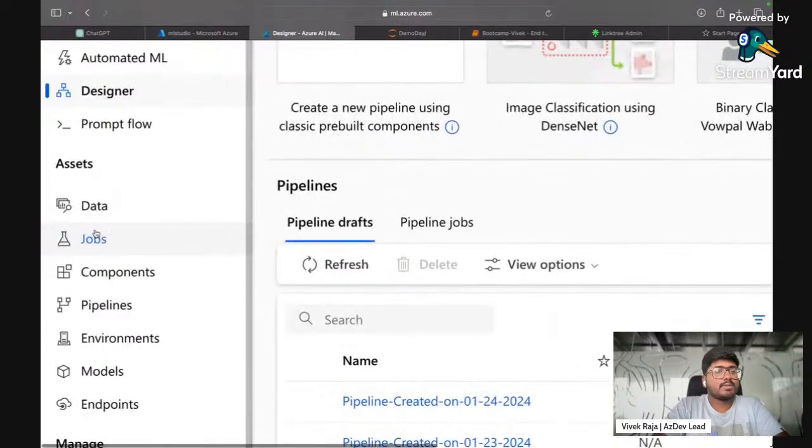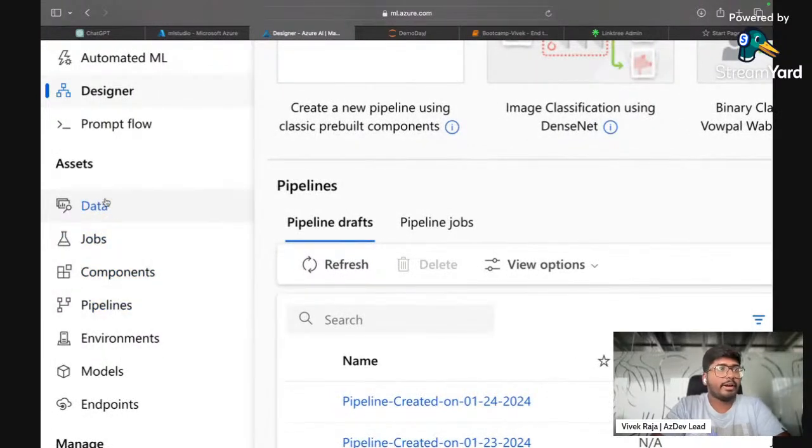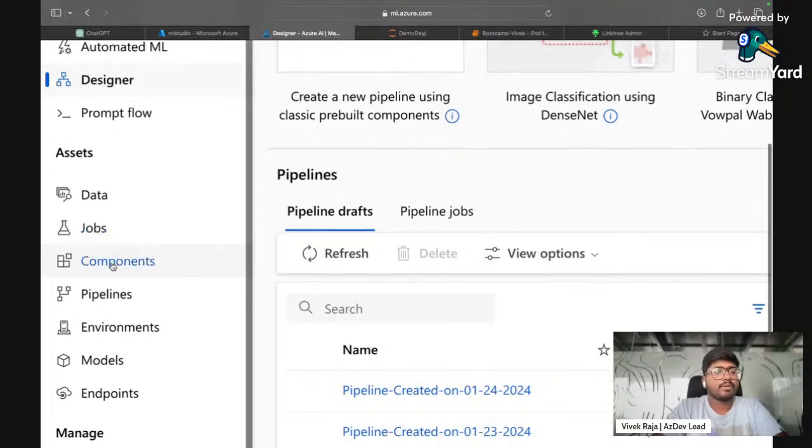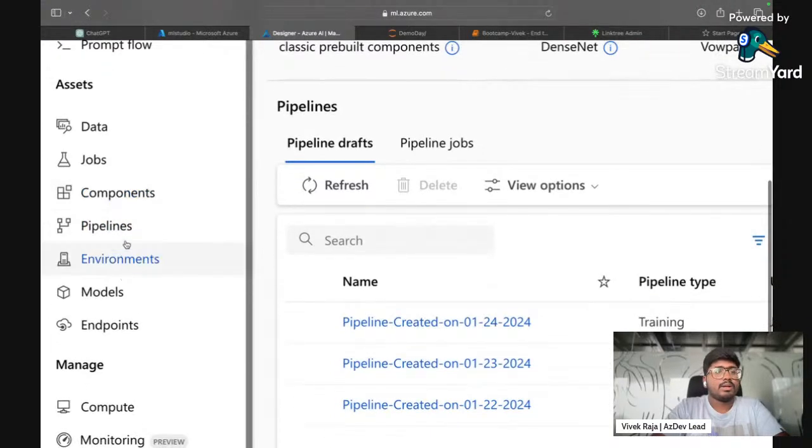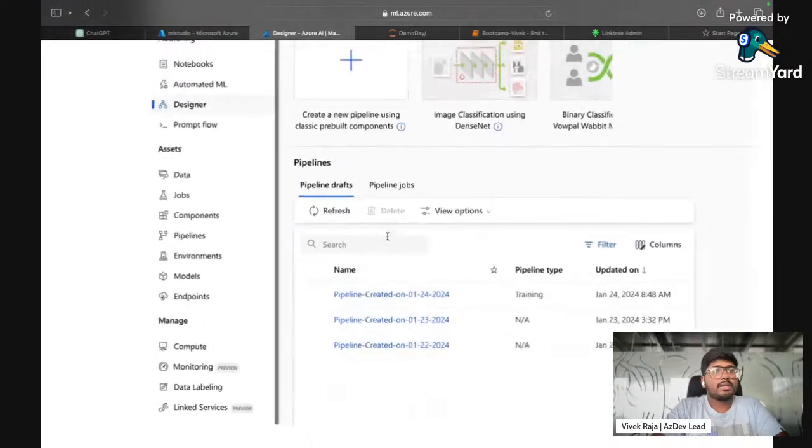And we have some assets called data, jobs, components. You know what data is. You go and create your dataset over here. You upload your file or you connect your existing online stuff as well. The second one is called jobs. Whenever you run something, a pipeline or something, it counts as a job. We'll talk about it. Components, for now, if you're a beginner, you can safely ignore. Pipelines: we are going to create some pipelines and see what they look like. And you guys very well know what an environment is.